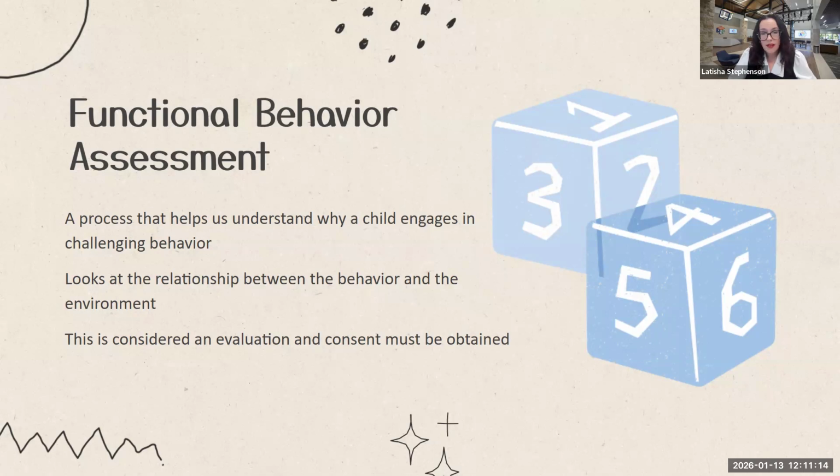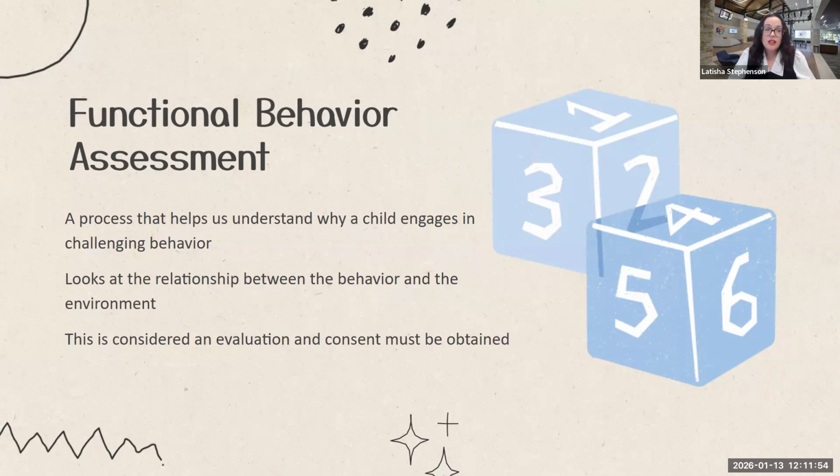This type of evaluation is really looking at the why. Why is behavior happening? Why is the student struggling with being able to be around peers? Why are they struggling with being able to follow instructions? Why are they having difficulty regulating their emotions? An FBA is meant to help us answer that question and then identify the strategies and interventions that can help the student move beyond those challenging behaviors to access the classroom and the learning environment and to be with their peers.